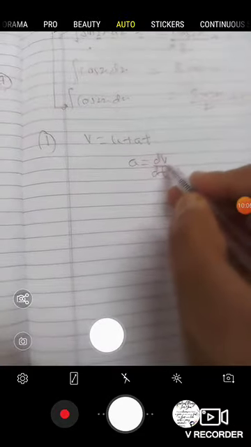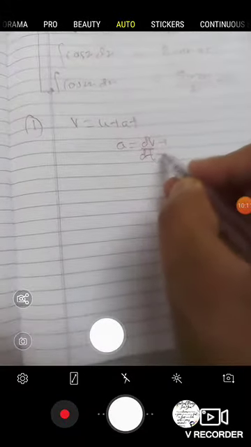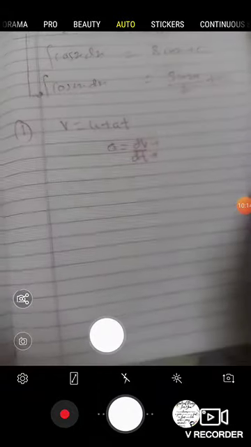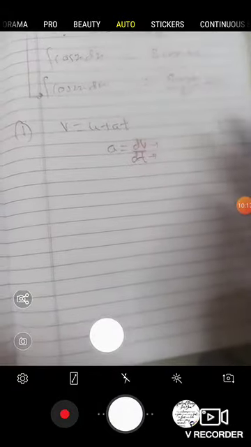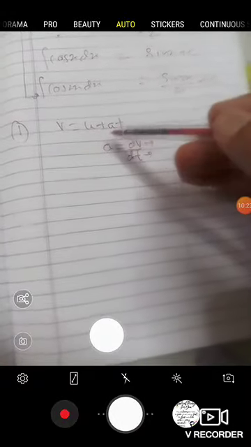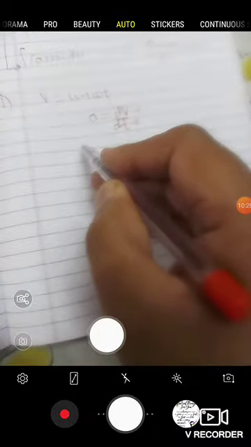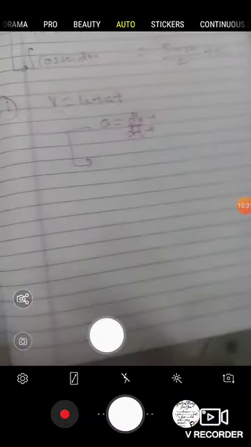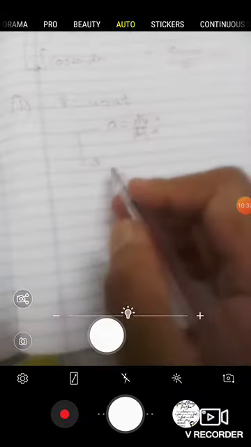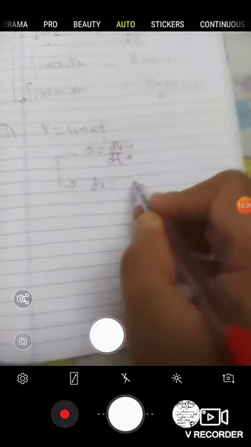Last time I told you acceleration is what? Small change in velocity divided by small change in time. This is the instantaneous change in velocity and this is the instantaneous change in time. This we learned last time in differentiation. Now here I will use integration to integrate this value. How will it be? I can write this equation further as dv is equal to a into dt, right?